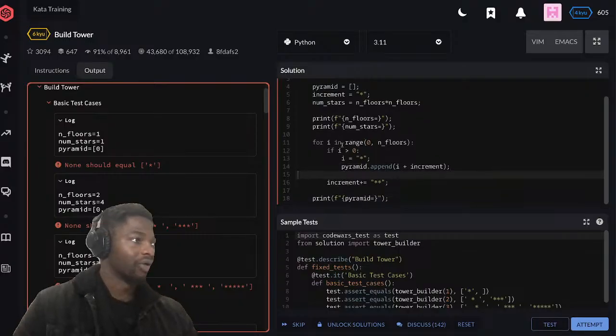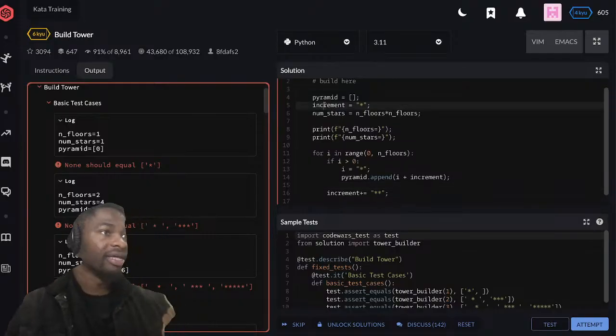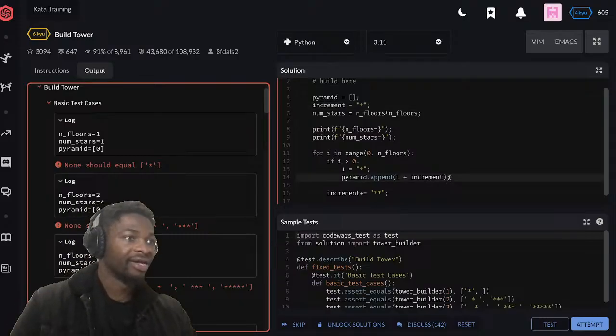The first cycle in the for loop, first time around, because increment is 1 star, the first cycle in the for loop will have